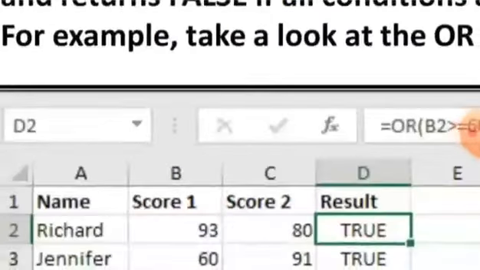You can see in this example, Richard, Jennifer, James and Lisa all fulfill at least one condition. That's why their result is true. And Sharon does not fulfill any condition. That's why the result for Sharon is false.